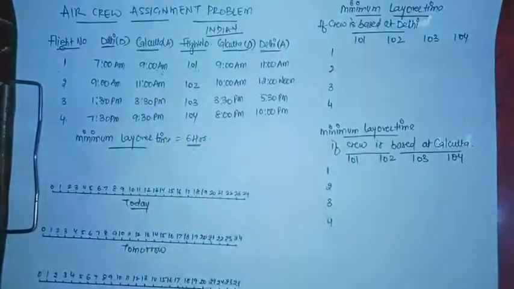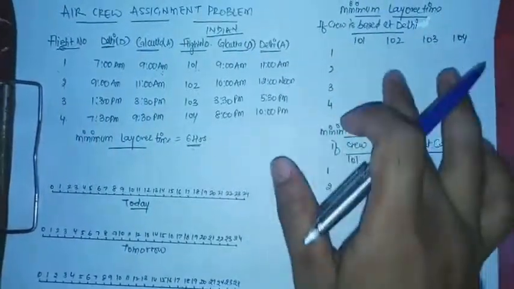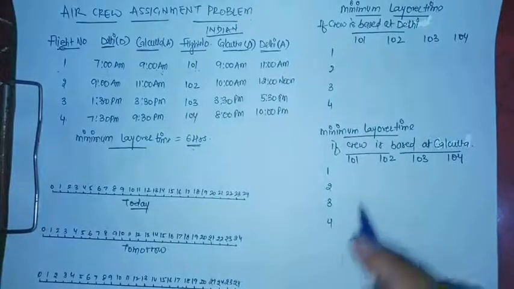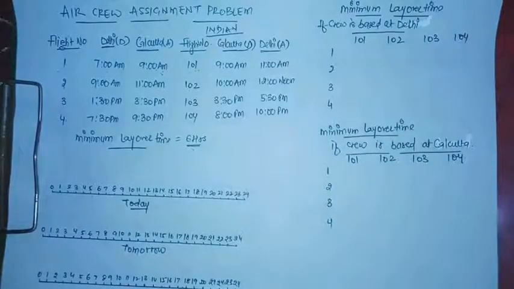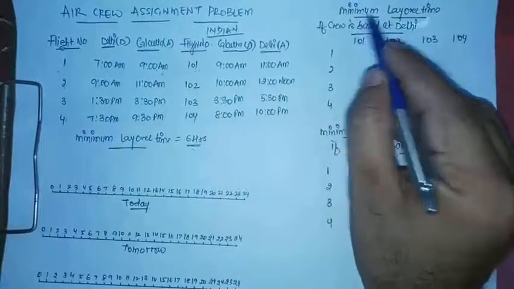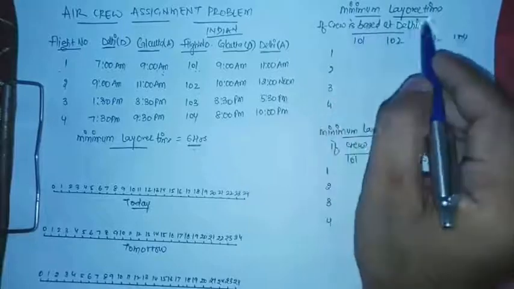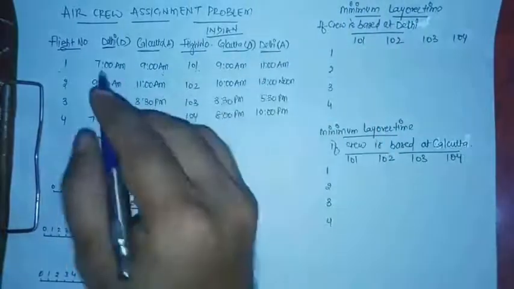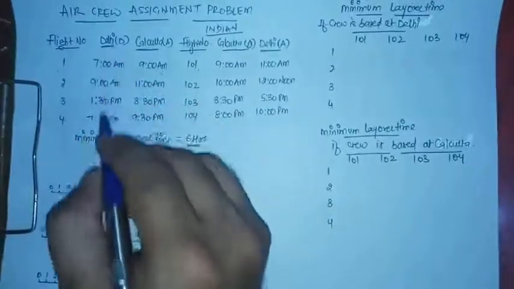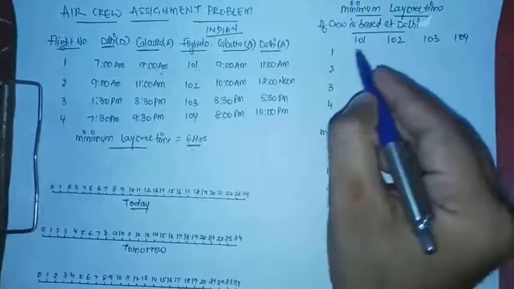Okay, so let's try to frame the matrix. We are going to frame 2 matrices, and thereafter we are going to derive our final matrix from these 2 matrices. Our first matrix is the minimum layover time if the crew is based at Delhi. Crew based at Delhi means that the crew is from Delhi. So the crew of Delhi has moved at 7 a.m. and arrived at 9 a.m. And when we are going to calculate that minimum layover time, we are going to see